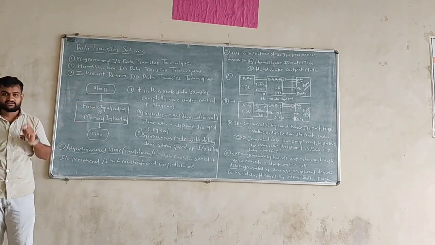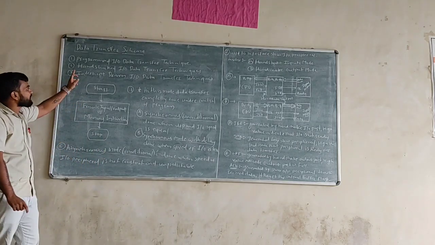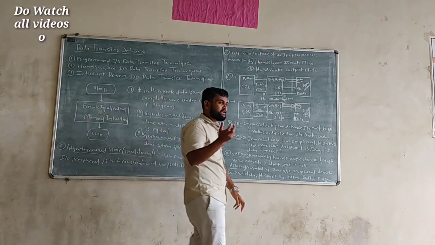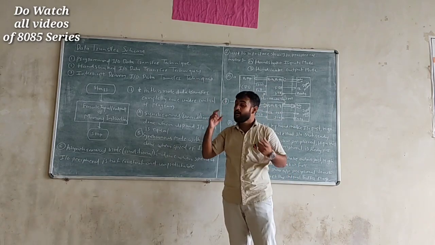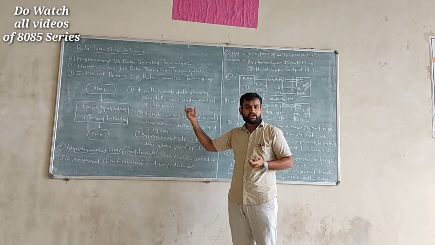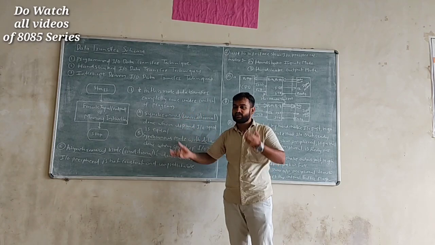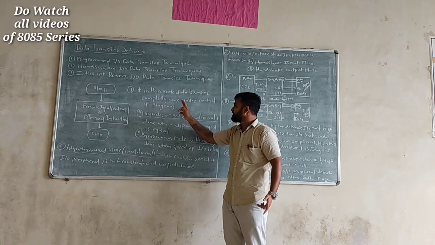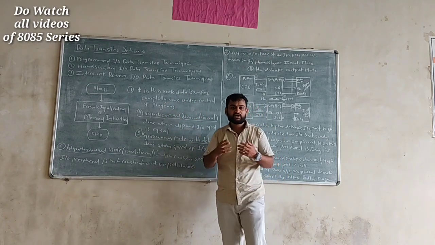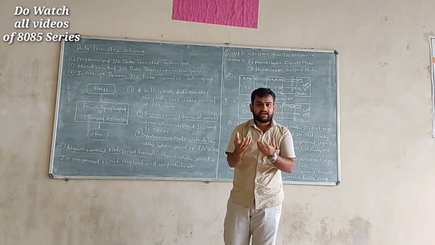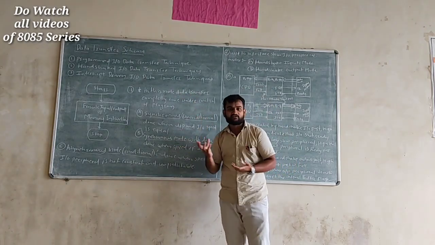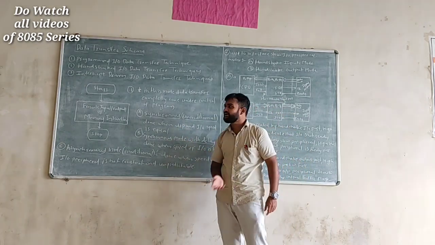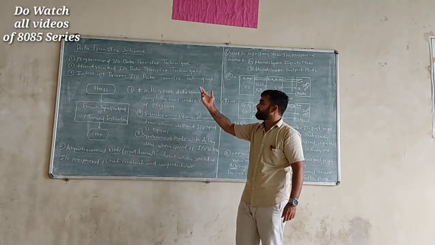We are going to start with the first one, the programmed I/O data transfer scheme. The meaning is hidden in its name: programmed I/O, where we provide a program. In this mode, data transfer is done completely under the control of a program. It means that by using a program we control the data transfer between I/O peripherals, so it totally depends on the program. Because of that, it is called the programmed I/O data transfer scheme.